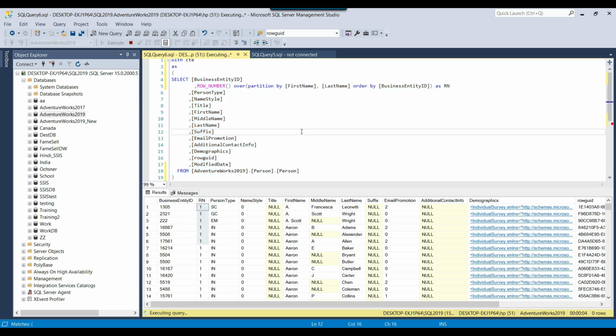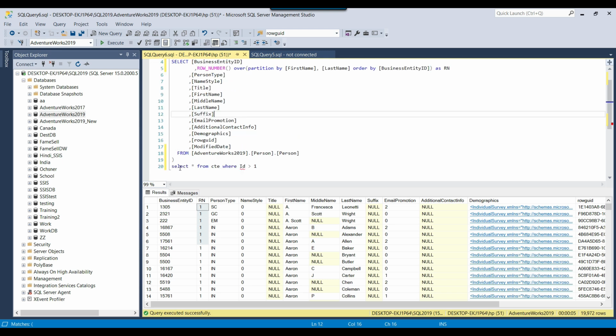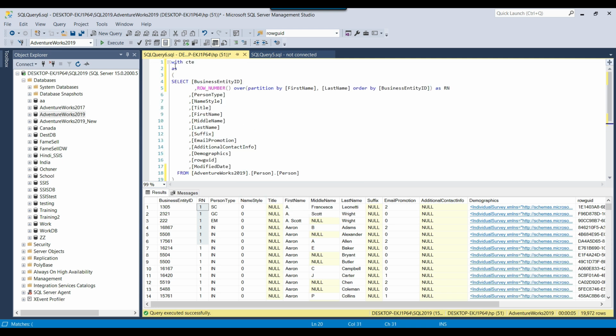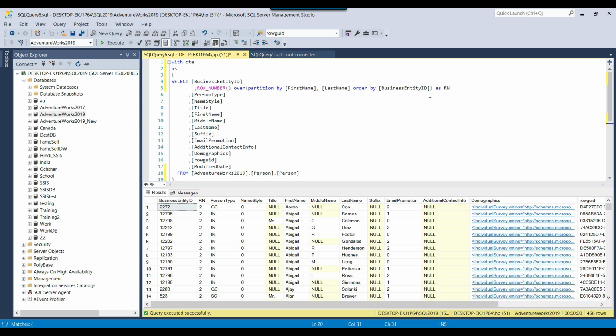So now if you want to filter out the records that are duplicates, you can write the query like select star from CTE where RN is greater than 1. So this will now return only the duplicate records from this particular table. So you can see that 456 records are duplicates where the value of the RN is not 1. So it can be 2 or it can be 3 or 4. So here the value of the RN is 4. So it means that this record is present 4 times. So this is the way you can select the records that are duplicate in a table.